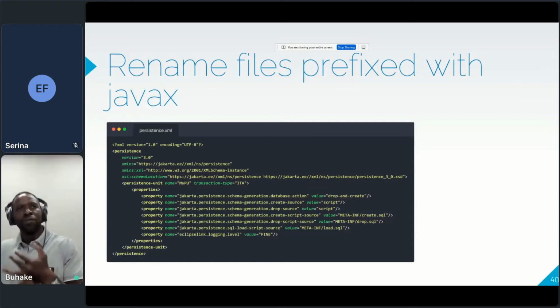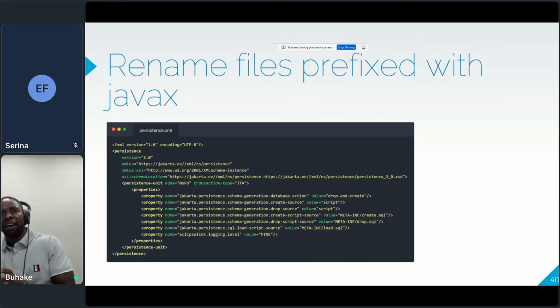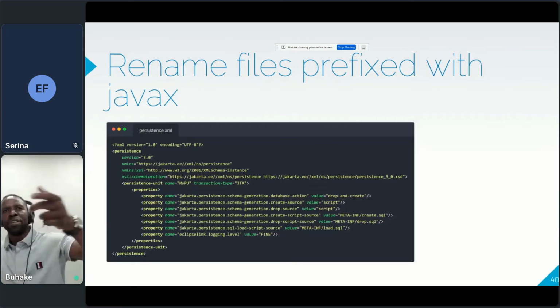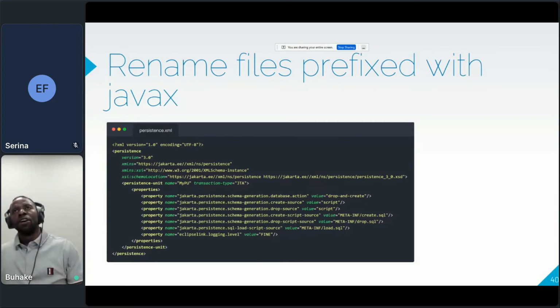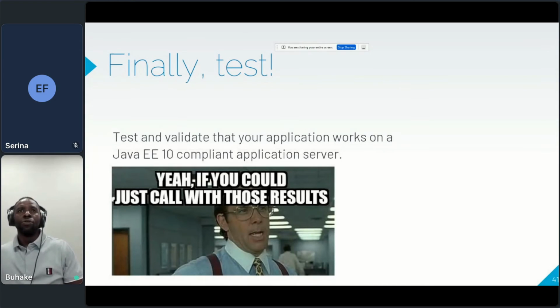The only thing that's changed is the version. The schema location now says Jakarta EE, as I've previously mentioned. And then all the properties that were javax dot have been replaced with jakarta dot whatever. So that's basically that. And then once you're done, you just have to test your, why do I still say Java EE 10? It's supposed to be Jakarta EE 10. My apologies, I've made mistakes as well.